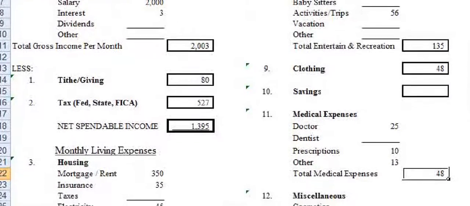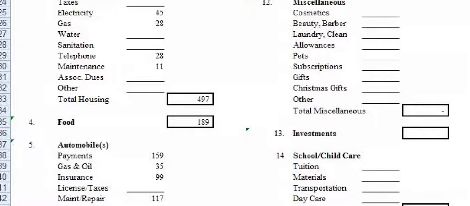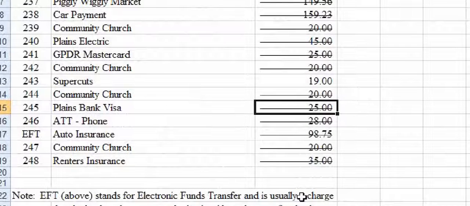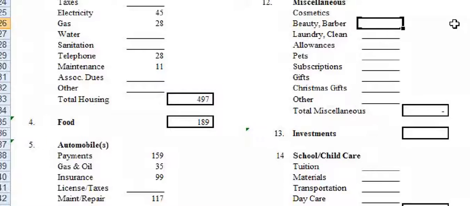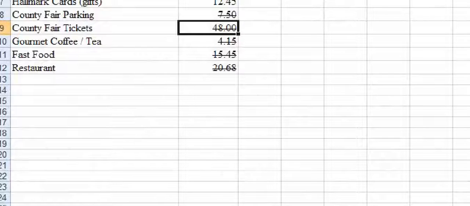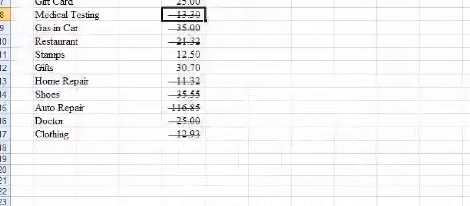By scrolling down the page again, we can now see the last three categories. Under Miscellaneous, Joe wrote a check, so let's click on the Check tab, for $19 to Supercuts. That gets struck out, and click back to the blank form and entered next to Beauty Barber. He also bought some gifts using cash and credit cards. The cash, let's click on the Cash tab, was $12.45, which is struck out, and the credit cards, clicking on